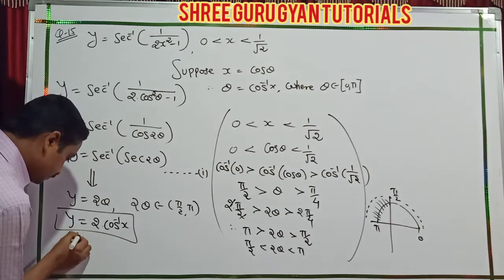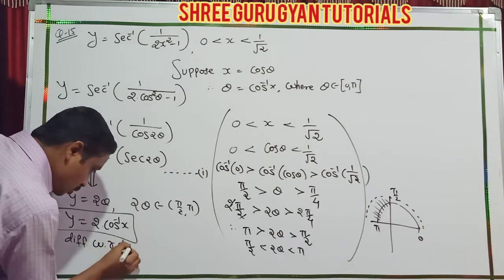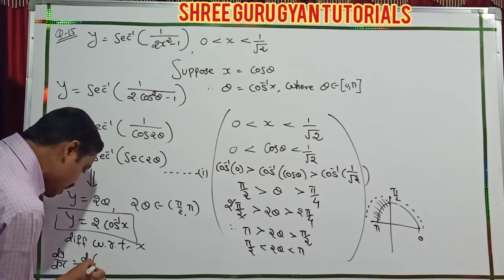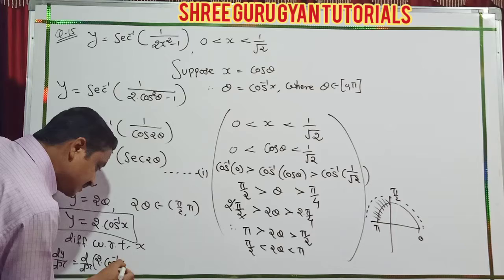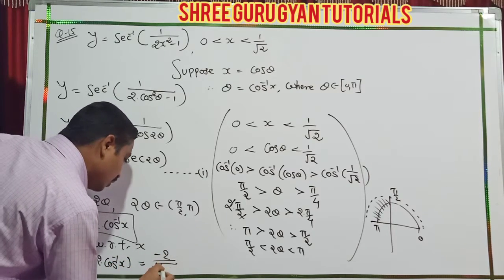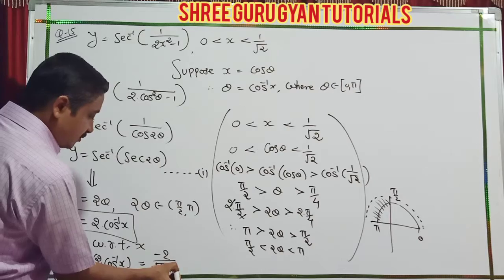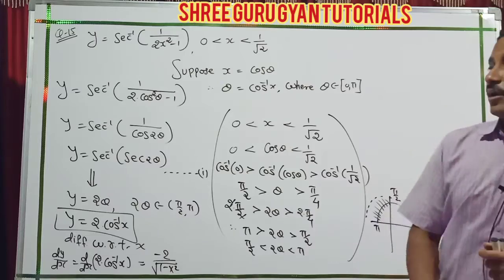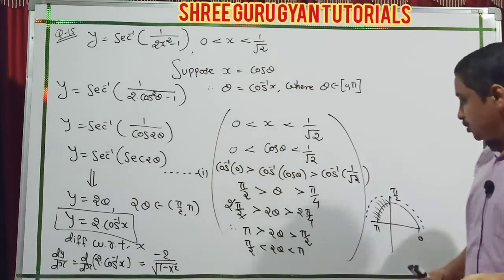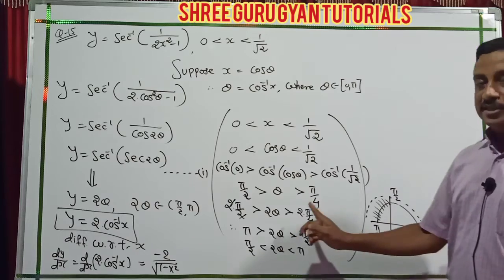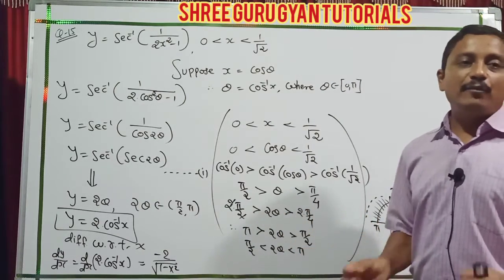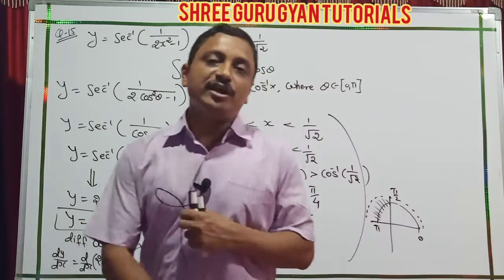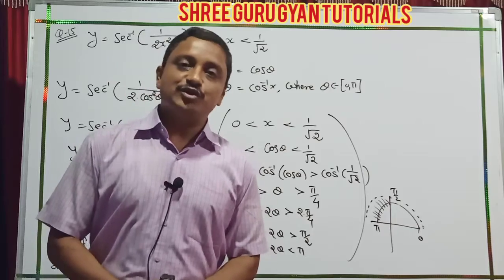Now differentiation with respect to x. So what is dy by dx? Yes, d by dx of 2 into cos inverse x. So it is derivative, because the cos inverse derivative is how much? Minus 1 by under root 1 minus x square. And here easily and happily, students, this numerical is done. Drawing the diagram is compulsory, yes, side by side with our conditions. Students, now our questions 14 and 15 are done, and our exercise 5.3 is also done.